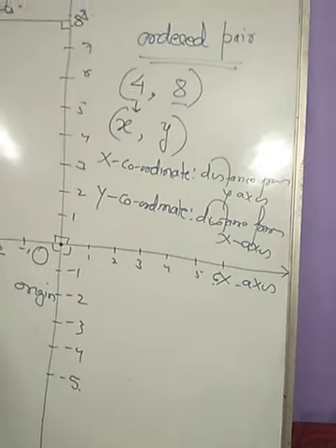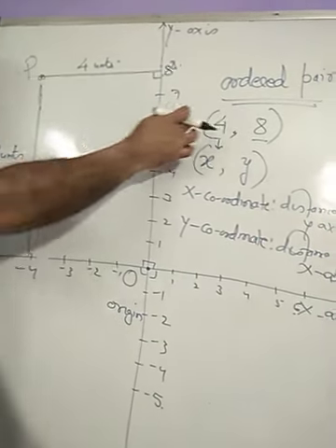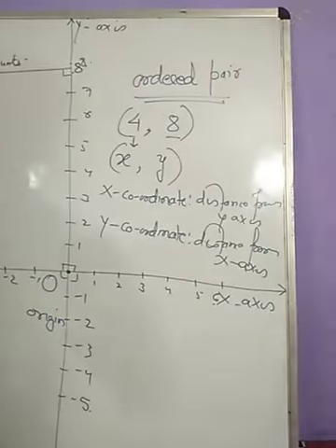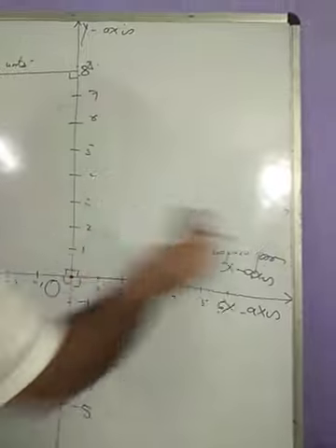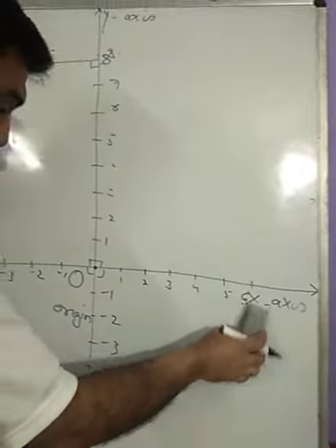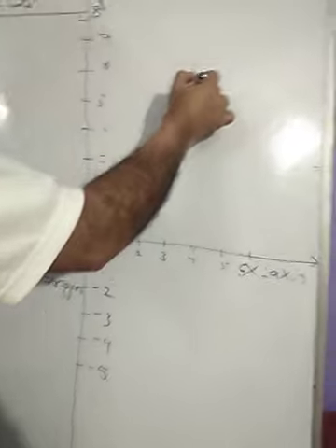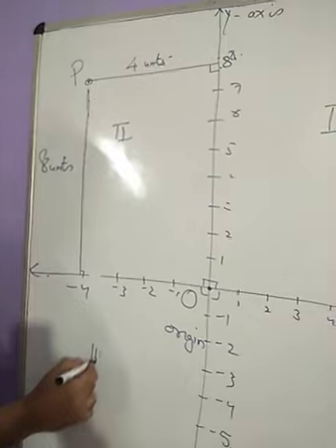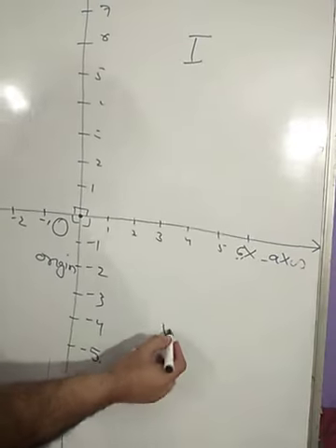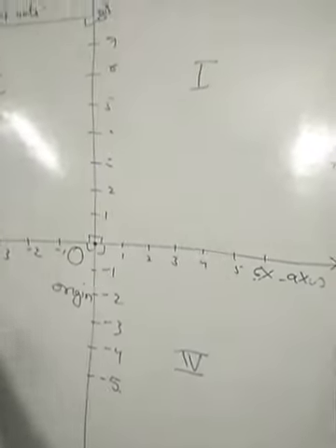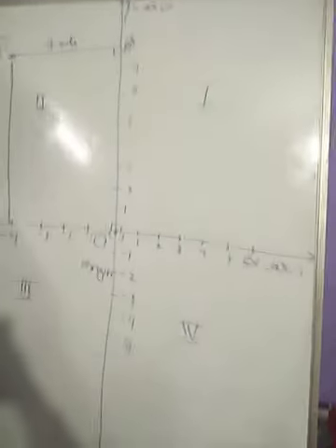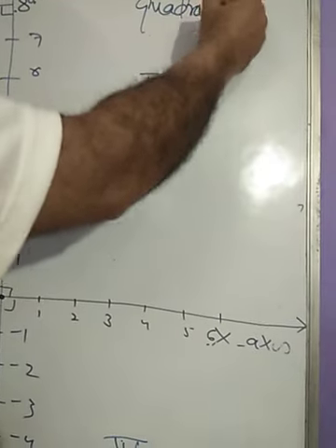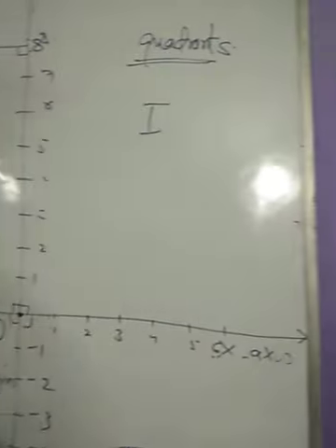And in this case, it will not be exactly 4,8, because these quadrants, the 4 parts in which this plane is divided, are called quadrants. This is called the first quadrant, second quadrant. This is also fixed numbering. It's not that we can change it. We cannot take any quadrant as first, second, third, fourth. It is fixed. Quadrant means one fourth of a plane.